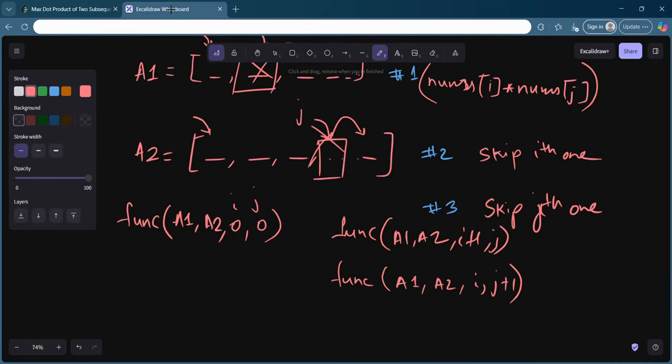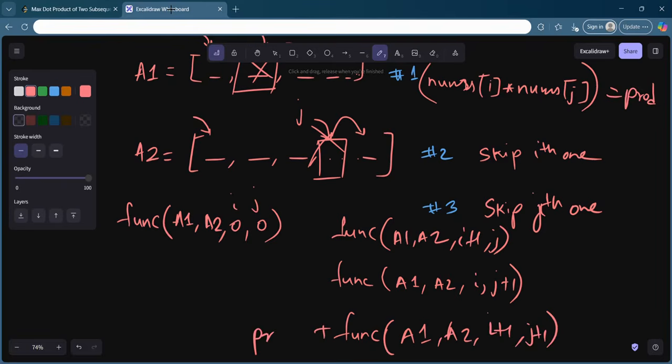And another possibility is that if I am taking both these values, I will have to do i plus 1, j plus 1, right? Because i and j both values I have already taken, and with that I will add this product. So if this is the product, I will add this product to my answer. Okay, but yeah, there might be some exceptional cases that you will see, and the overall intuition looks as